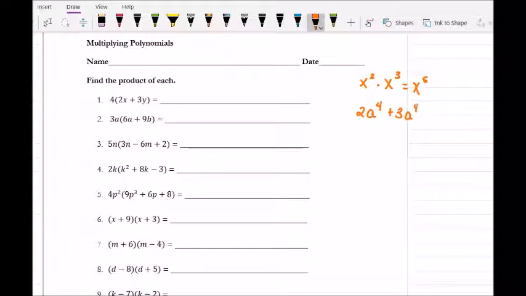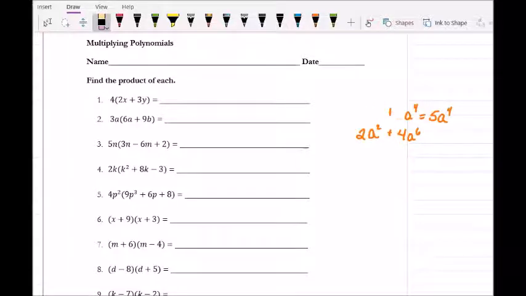And then if you were adding something like, let's say, 2a to the fourth plus 3a to the fourth, you would need to have the same base to the same power. So this would be 5a to the fourth. And if they were not the same power, let's say it's 2a squared plus 4a to the sixth, then you wouldn't be able to add them because they're not like terms. Okay, so those are a few details that you've probably seen before, but it's important to know as we start